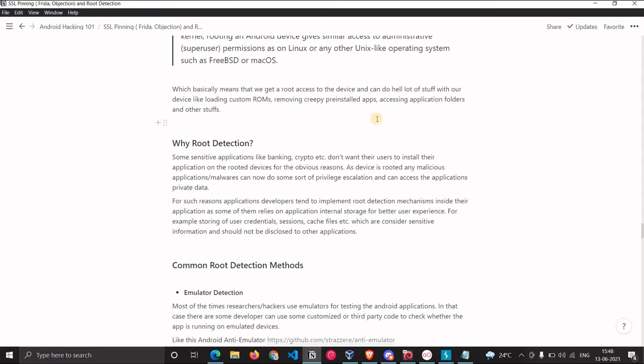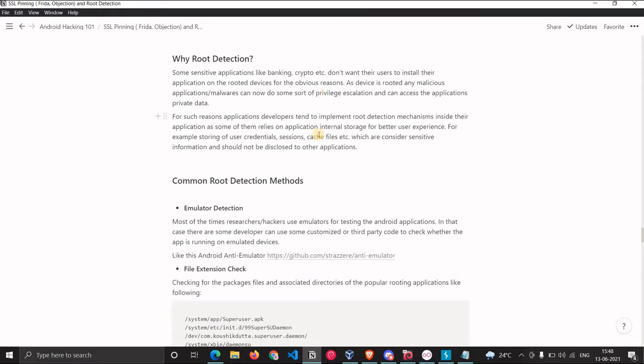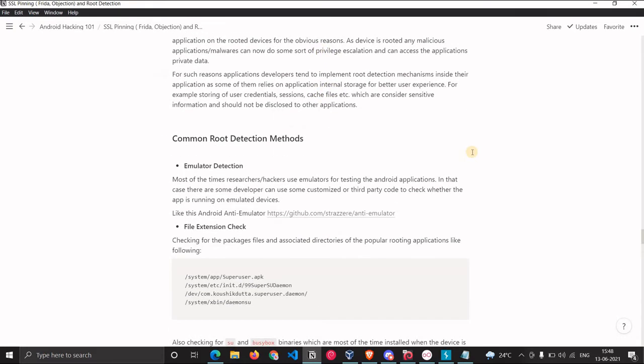Developers don't want the application to be installed on rooted devices, because there is a very high risk in those devices. That is why they put in this mechanism, root detection. There might be different techniques they can put inside the application to detect root, and we will see how we can bypass them.